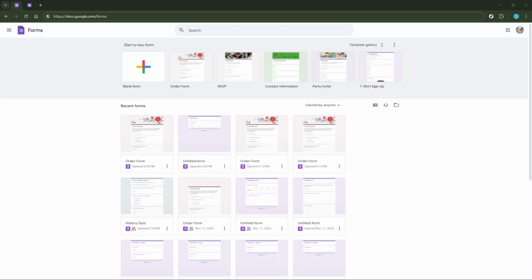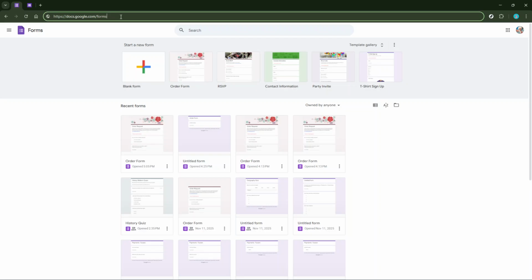Now, generally speaking, Google Forms automatically includes a Submit button at the end of every form you create. It's built into the design, ensuring that once your form is complete, respondents can easily send their responses with just a click. However, if your intention is to customize what happens post-submission, you have the flexibility to tailor the confirmation experience for your users. Let's dive into how you can enhance this part of your Google form.